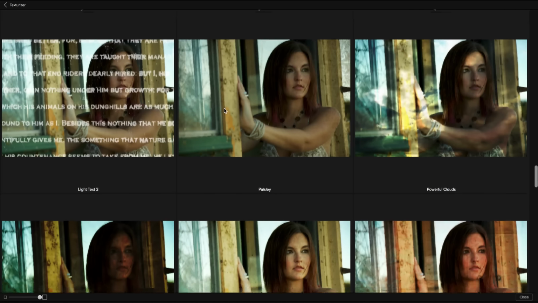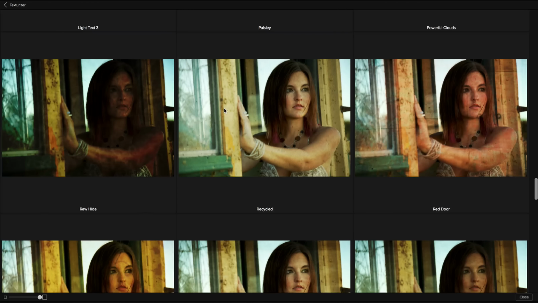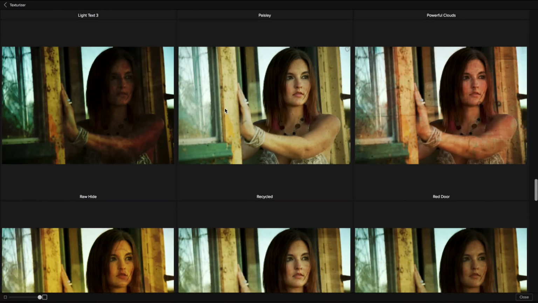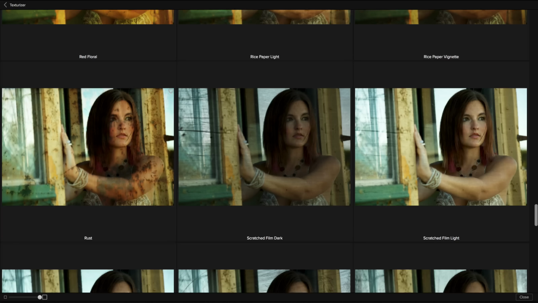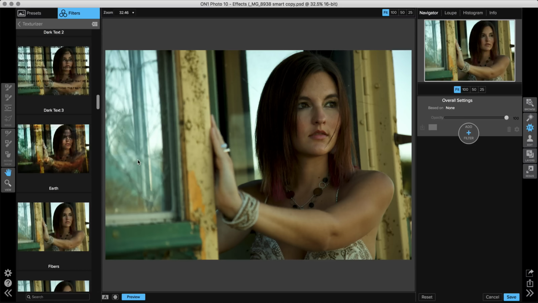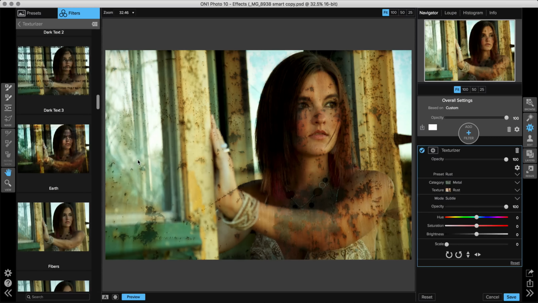Oh, those light leaks are kind of cool. We might use one of those too. Let's keep looking. We're kind of looking for our base texture that we want to start with. Now here we go. Here's kind of a cool rust texture. Let's start with that one. There we go. Now you can see how it's added that texture onto my photo, but it's obviously too strong